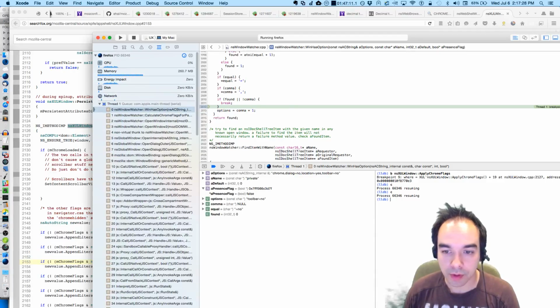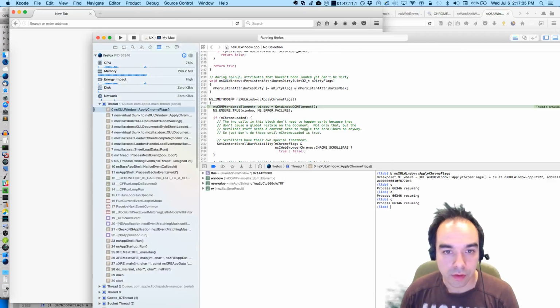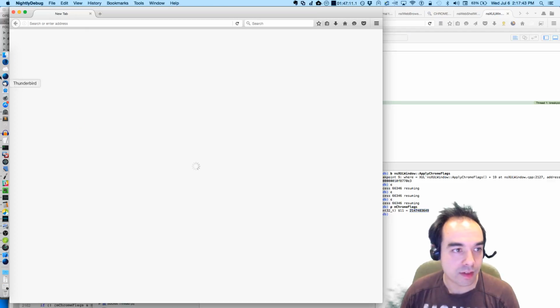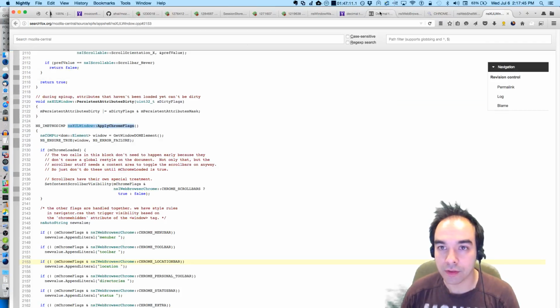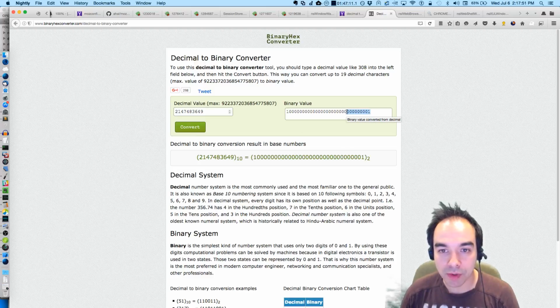Clear that breakpoint. So what are the Chrome flags? M Chrome flags, PM Chrome flags. Is that this sort of gobbledygook? And if we convert that to decimal or to binary, what? Our bit was removed. That's a problem.